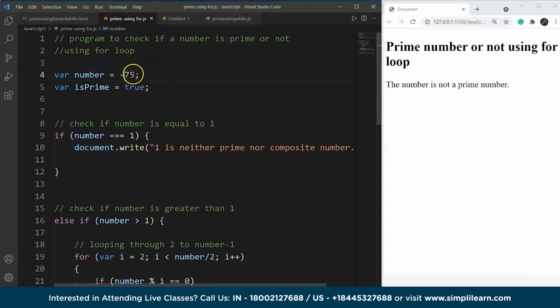Or if we want to try for 1 as well, let's take it as 1 and check the output now. So it says 1 is neither prime nor composite number, because we have given the condition that if number equals 1, then it will print that 1 is neither a prime nor a composite number. You can try this program with the help of other loops as well. So let's move on to the second problem statement, but before that let me take you through the same program